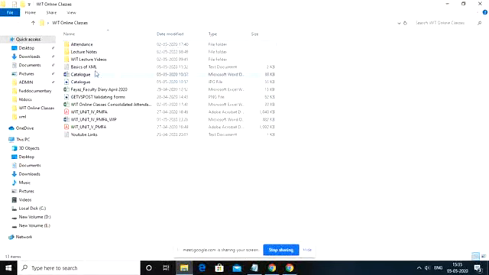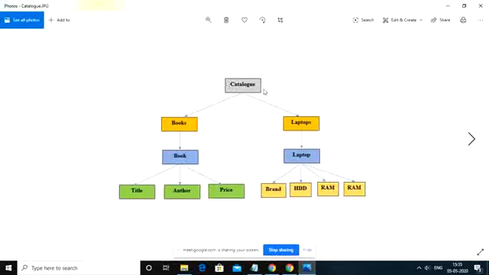I am going to take one simple example. In this example, the root element we have is catalog, the one you see in gray color, which is at the very top level of your tree. We generally call this a root element. So catalog is the root element, which is the parent element of all the remaining elements here. For the catalog element, you will have two child elements in this particular example.